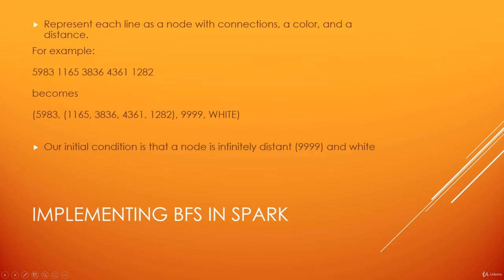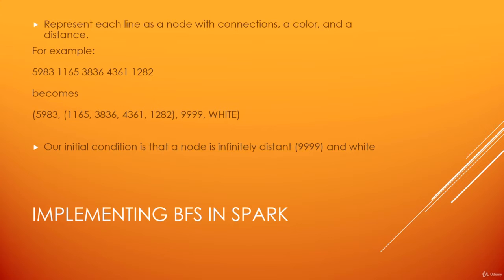So let's talk about how to frame this as a Spark problem and actually distribute breadth first search across our entire cluster potentially. So the first thing we need to do is to represent our data coming in as these nodes that we talked about in the previous lecture. So for example, an input line might be of this format. The first number is some hero ID followed by a list of the other heroes that hero has appeared with